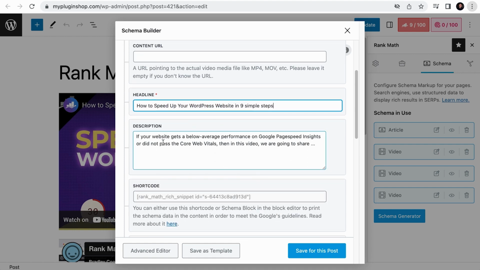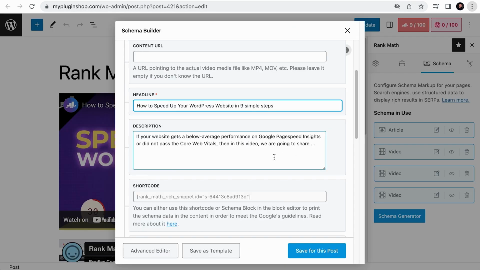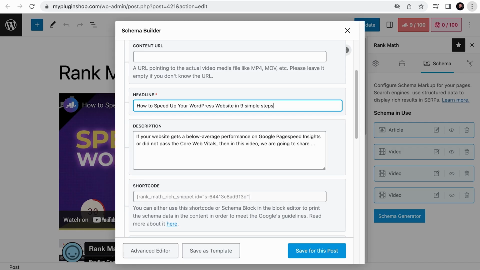Next, as for the description, it will appear on the search results of the video tab like this. The text you have written here will give more context to the search engines to rank your video, and also give more context to humans to entice them to click and watch your video. So optimizing it with relevant keywords is important for the success of your video, especially if it is not a